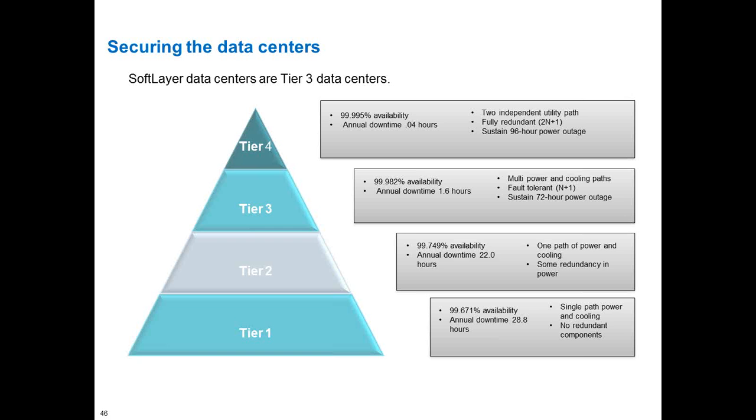And the BlueMix PaaS platform runs right in that SoftLayer. It leverages all the security measures of SoftLayer. So it is the highest level of public cloud environment. And the other dimension of answering this is, you don't actually need to run all these services in the public cloud, even though I told you that is the easiest way to do. You may even run BlueMix services in your own enterprise and expose them into the BlueMix catalog. So the service can very well run within your own enterprise, but it is visible for further linkage in the composable business paradigm. So this makes sure that there is no risk of security at all.